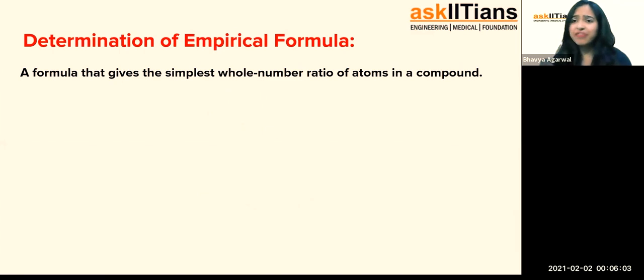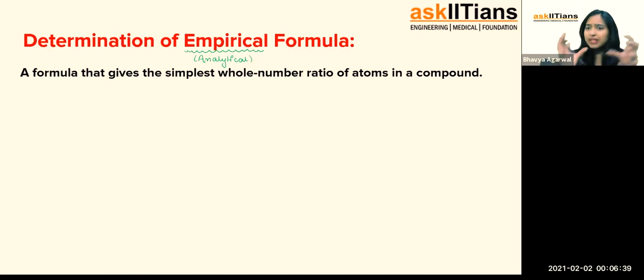Now, the very first thing that we are going to cover today is the empirical formula. The question is, what exactly is the empirical formula? Empirical formula is nothing but analytical formula. Empirical means nothing but analytical. Analytical means something which we have analyzed, something which we found using experiments. And after conducting experiments, we found that the atoms present in a particular compound are present in